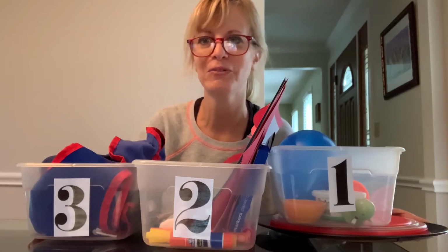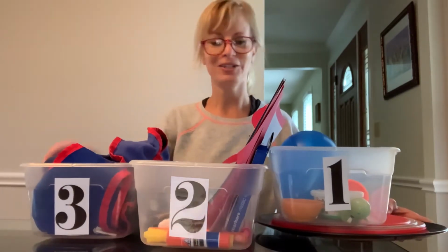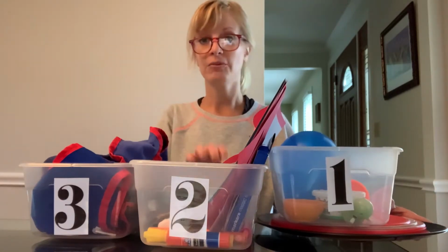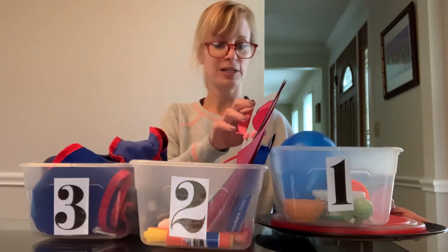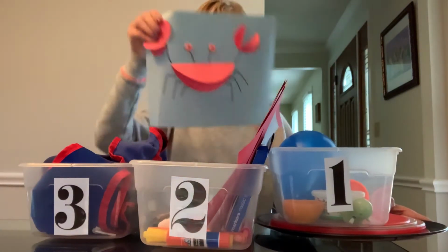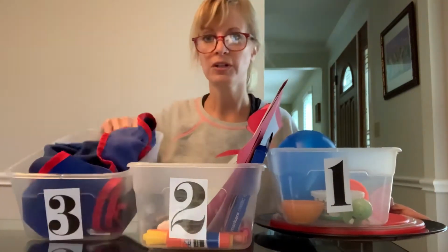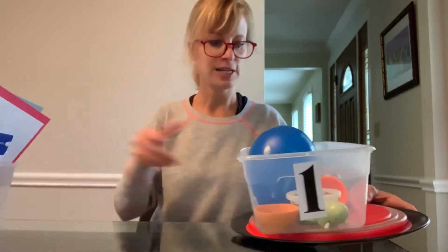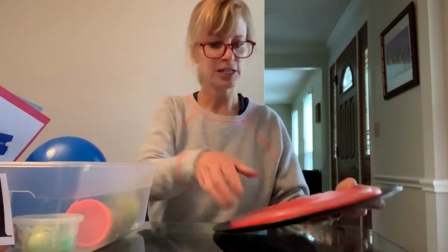I hope you guys are doing well at home. I have my bins here today, 1, 2, and 3. We're going to start with strengthening, then we're going to do our craft this week. And this week we have a crab for summer, a little beach theme, and we're also going to work on our self-help skills. So we're going to start with our strengthening activity, and you will need a cookie tray or